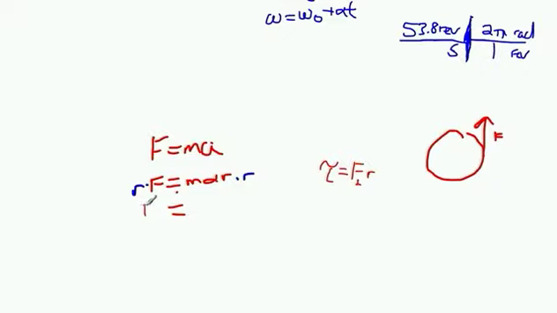So now we have a force times a radius equals a mass times r squared, and then we have how fast it's accelerating angularly. This part becomes the torque, and in Newton's second law, we had a sum of the forces, so we've got a sum of the torques now. And here's basically the angular version of Newton's law. So in the angular version of Newton's second law,